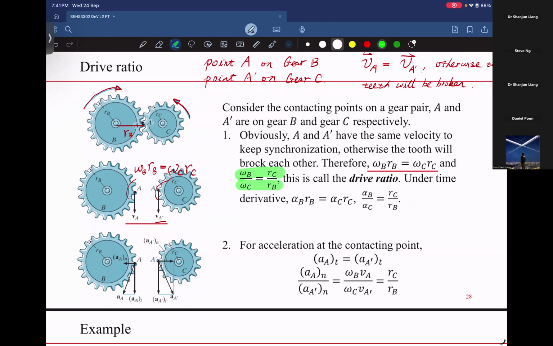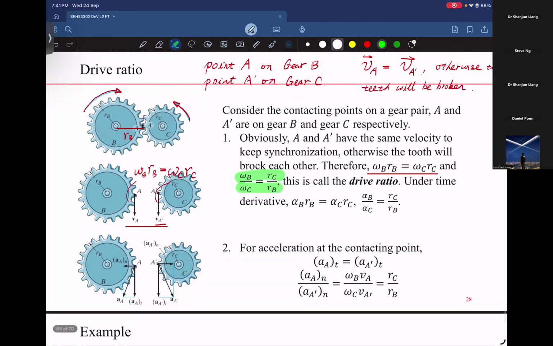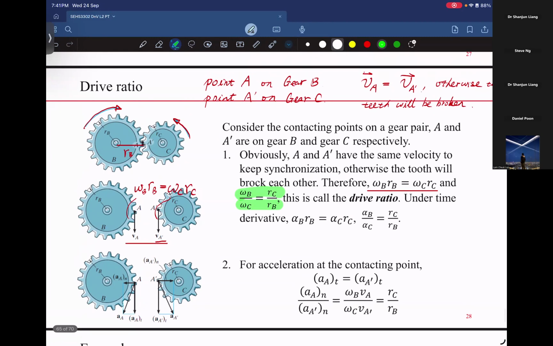What about the acceleration? Actually, there are two things, and you can see VA equals VA prime. Similarly, for the acceleration, these two points should have the same acceleration, right? Otherwise, the velocity cannot be the same, right? So actually,